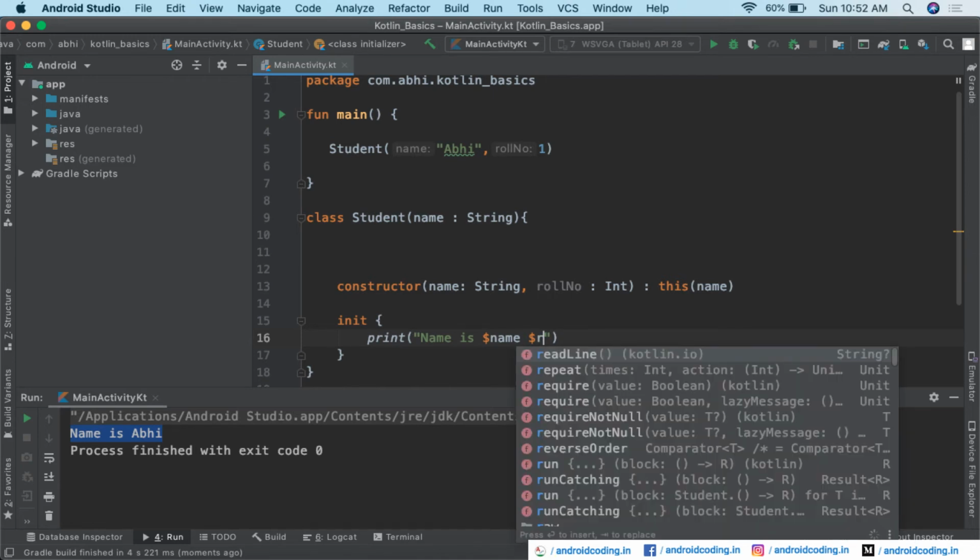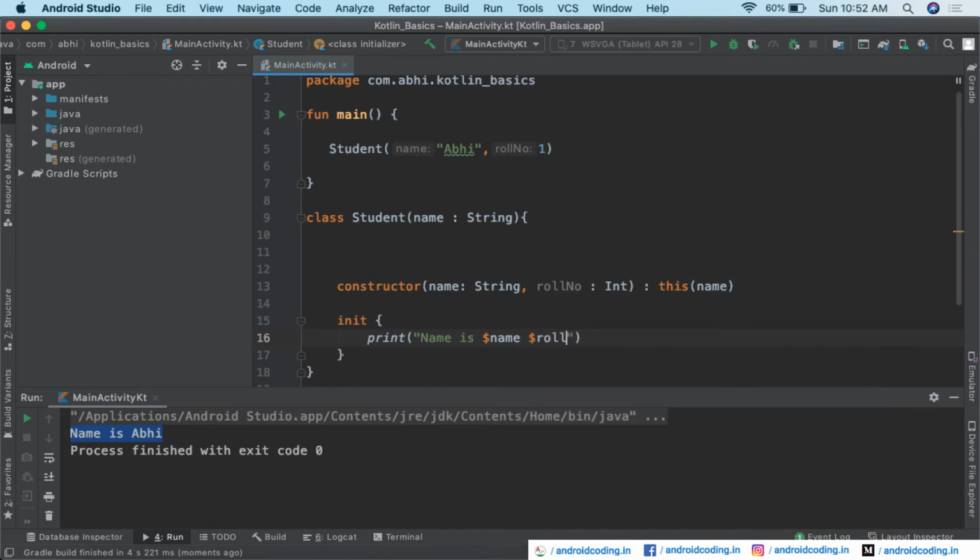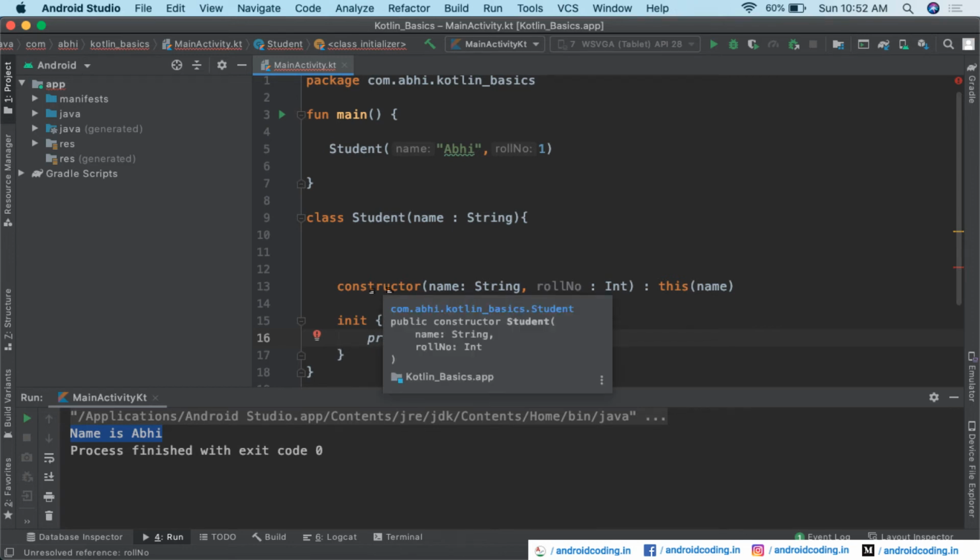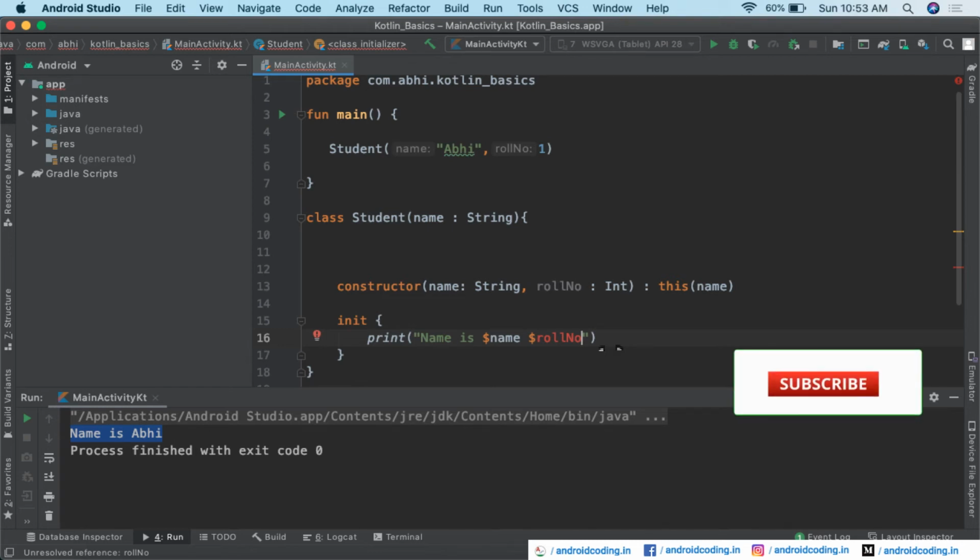You can see we are not able to find the roll number variable inside our init block. The init block is above the secondary constructor, but I have added it after the secondary constructor to let you know that the additional parameters specified in the secondary constructor are not visible within your init block.